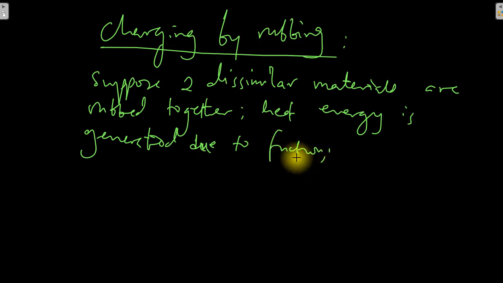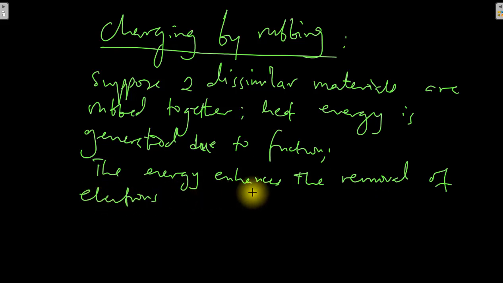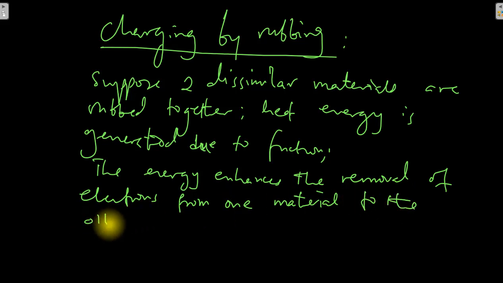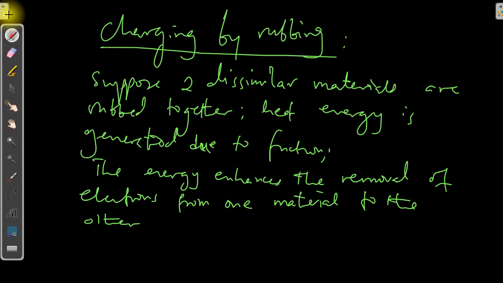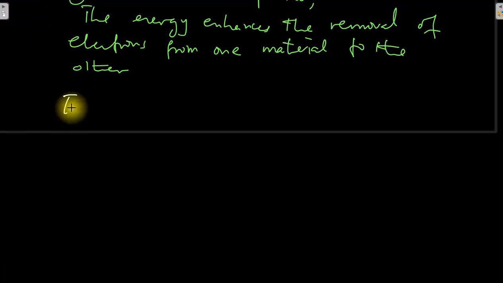And because of the heat energy that is generated due to friction, the energy enhances the removal of electrons. The energy enhances the removal of electrons from one material to the other material. And basically what happens here is that the material that gains electrons